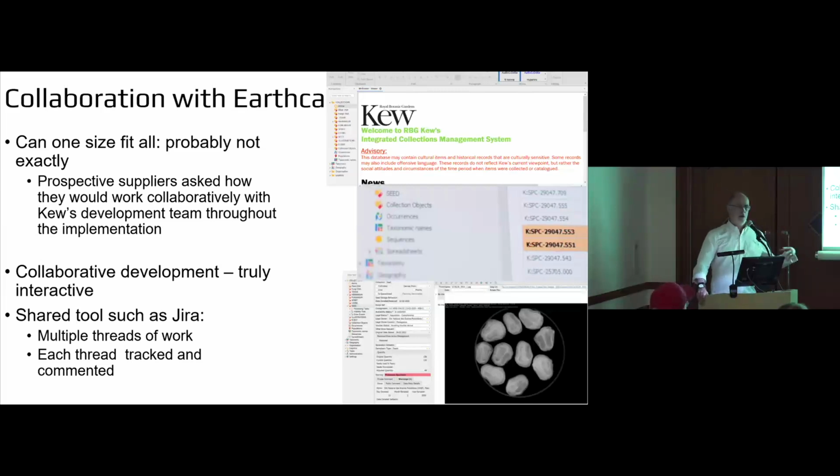Part of the reason they won it was because they appealed both to the developers, but also to the staff, the user interface and that kind of thing. And we have truly collaborative development. We share tools, we share